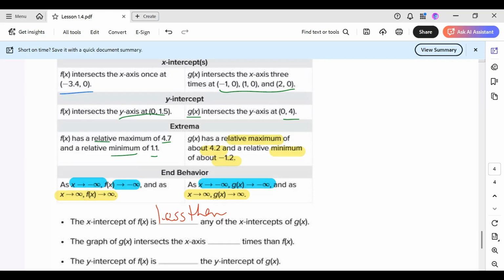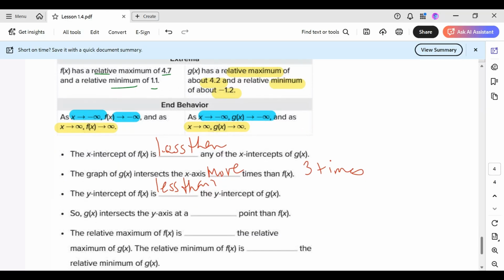When we looked at the comparison, g of x intersects the x-axis 3 times. So it intersected more times than f of x, 3 times to be precise. The y-intercept of f of x is at 1.5, our g of x is at 4. Well, 1.5 is smaller than 4, so the y-intercept of f of x is less than the g of x y-intercept. G of x intersects the y-axis at a higher point